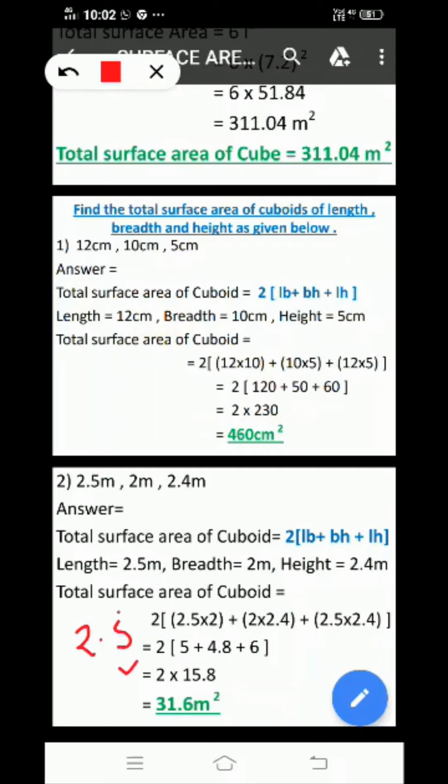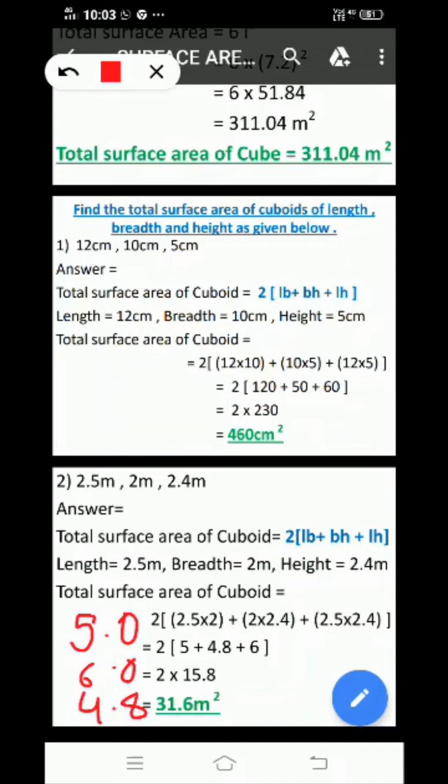2.5 multiplied by 2 means you get 50. After one digit there is a decimal point, so here you put the decimal point. It is a simple thing. Now 2.5 multiplied by 2.4, again after 2 digits there will be a decimal point, that's why 6.00 you can write as 6. There is confusion when you do the multiplication of decimals. Write 5, 6 and 4.8 like this.